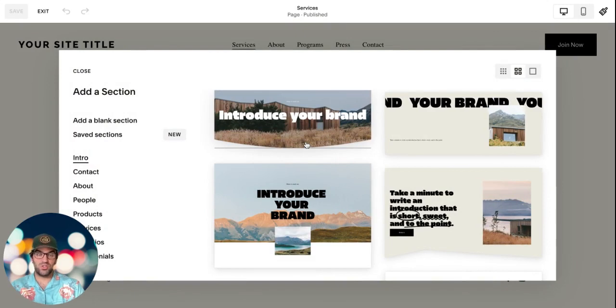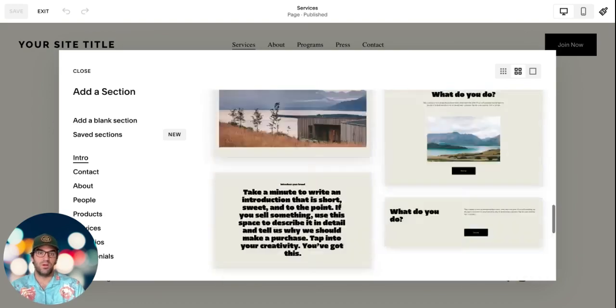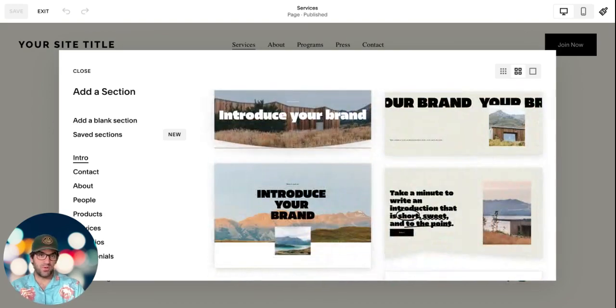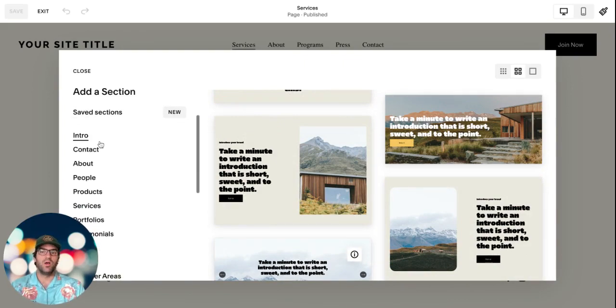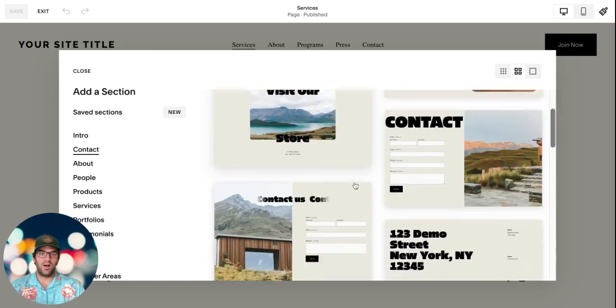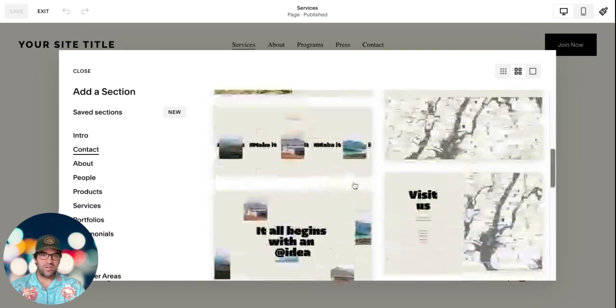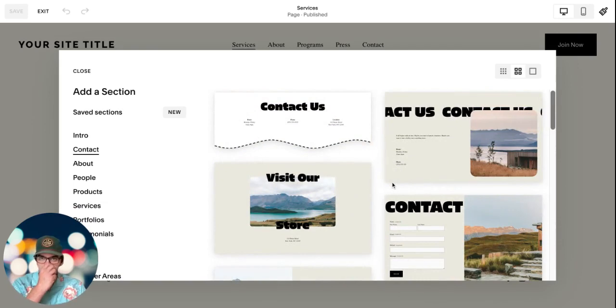And here's where you can choose from pre-made templates that, again, the Squarespace designers have created for you. So a lot of different entry points to creating a page. Either use all of these different sections, or use the menu on the left-hand side to zero in on what it is you're looking for within each section. So if you're working on an introductory page or a contact page, they've got anywhere from 5 to 10 different layouts for any given type of page. But